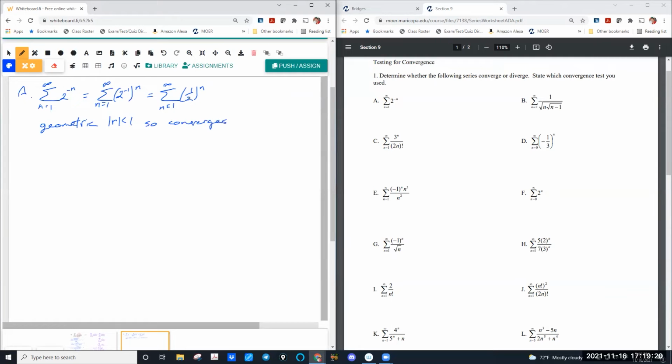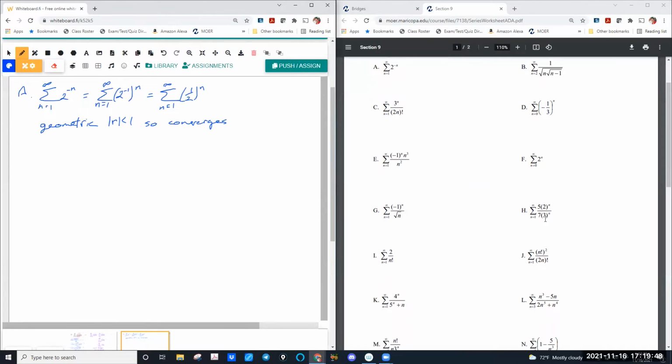In fact, we can even find what this one converges to because we know how to do the sum of an infinite geometric series. So this would be one that not only needs just the one test, but is actually really quick because it is geometric. So if you get something that is geometric or is a p-series, it's very quick to say that it converges or diverges. These ones where you see the factorial, we know those are going to be ratio tests.